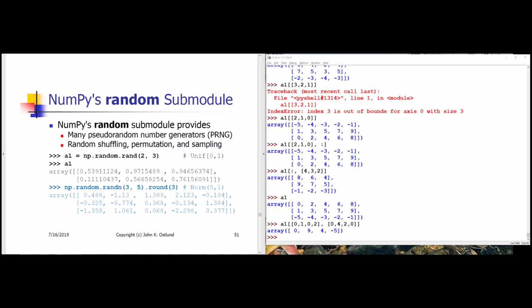A couple of other very important facilities that Numpy provides are the random submodule, which provides a large number of pseudo-random number generators for many different probability distributions, as well as the ability to randomly shuffle values, permute values, and sample from values, and also the linear algebra facilities that Numpy provides. Random is a submodule within NP. If we say